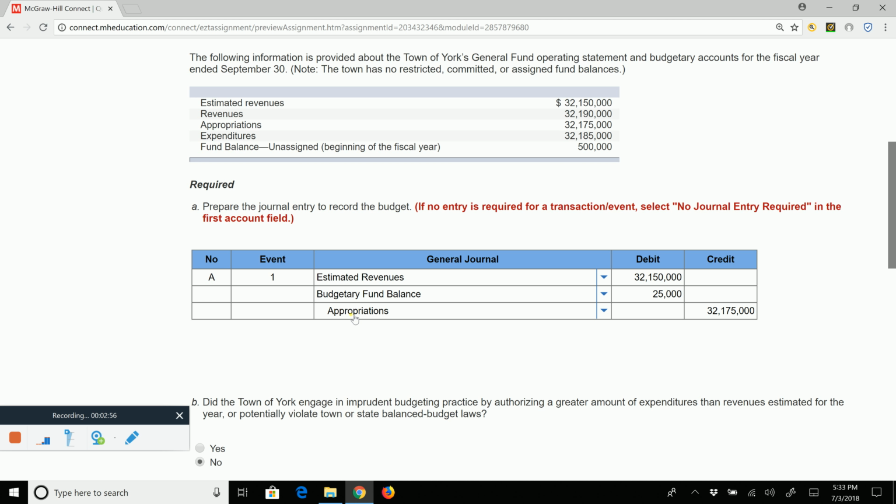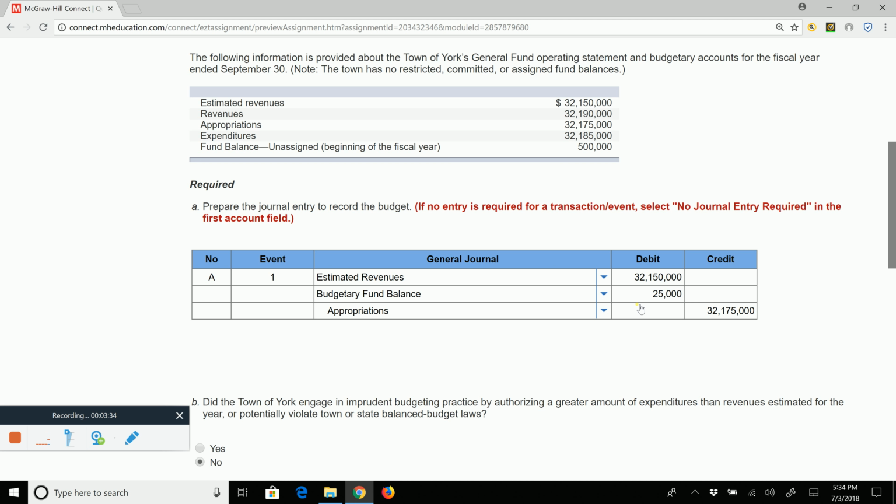To balance the budgetary entry, whatever you need, a debit or credit, is going to go to this account called budgetary fund balance. Now I want you all to take a look at this journal entry. See this journal entry here? Well, if there are no budget revisions throughout the year, this exact budget journal entry is reversed at the end of the year. Remember, the budgetary accounts will get zeroed out before financial statement preparation. That is because the only reason we need these account balances is to keep track of what I call the budget balances. Okay, the difference between the budget and the actual.